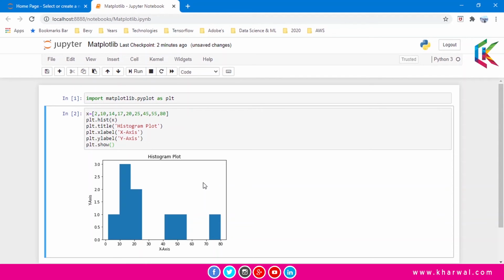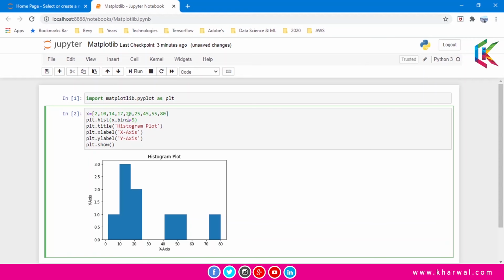But it is not a clear picture of the histogram. So let's add the bins here. I am adding bins equals to 5. In case of bins, we can pass an integer value or a list of values. If we pass an integer value, then it will make that number of bins and divide our data into those bins accordingly.